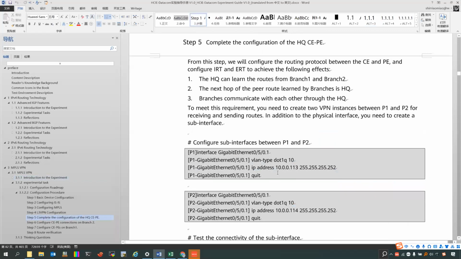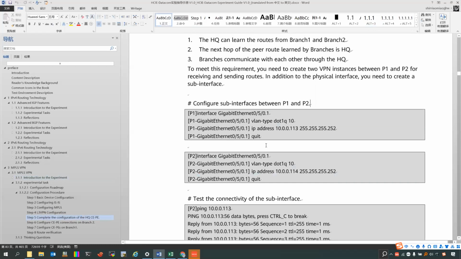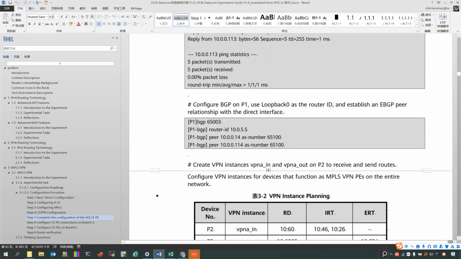So the first thing we need to do is configure a sub interface between P1 and P2, the HQ's CE and PE. We need to configure the sub interface with the same terminal with an ID, and configure its interconnection interface IP address, and then in the P device we need to